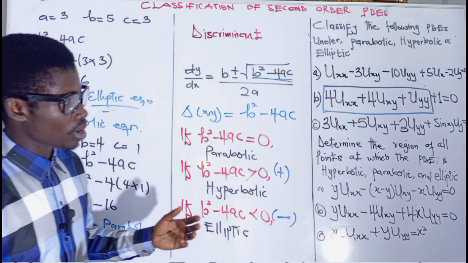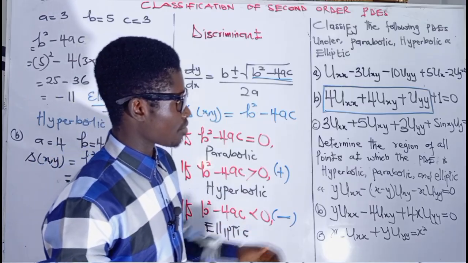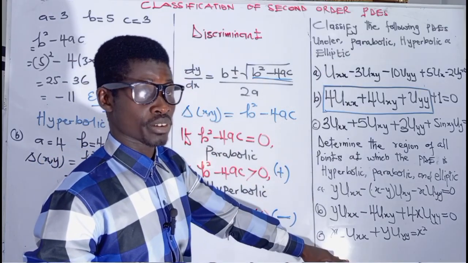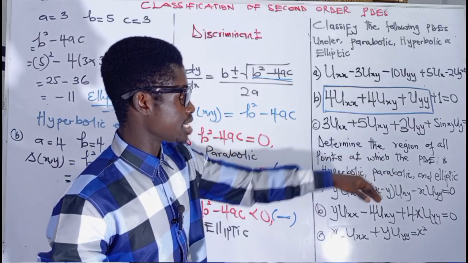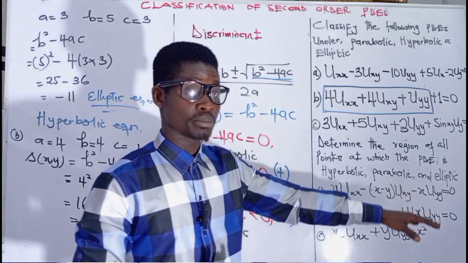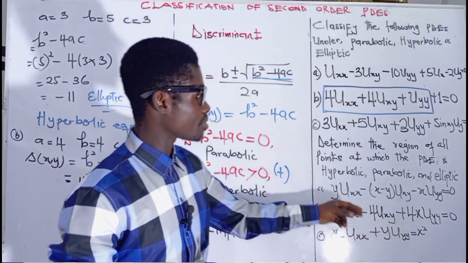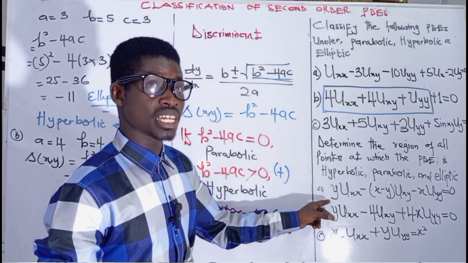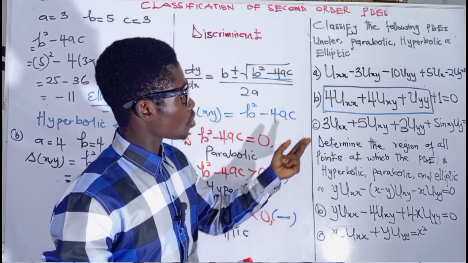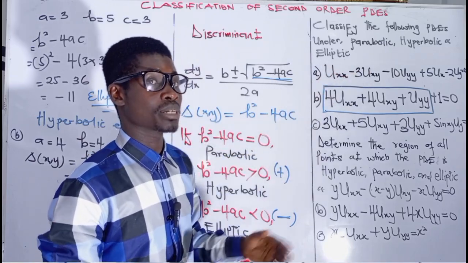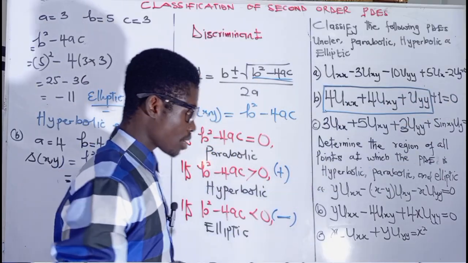Now let's look at the ones that involve variable coefficients. So we are done with the constant, we are moving on to the variable. We want to determine the region of all points at which the PDE is hyperbolic, parabolic, and then elliptic. Since we have variable coefficients like this, the equation can be parabolic and hyperbolic at the same time. It can also be parabolic, hyperbolic, and elliptic at the same time. It can be all 3 cases or 2 cases. So we are going to start with